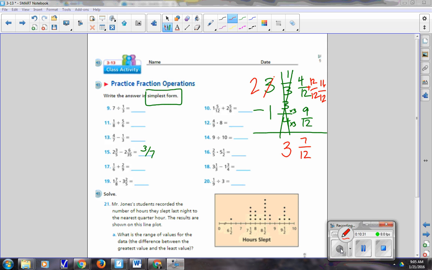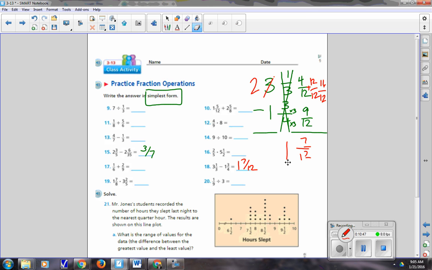But it's not 3, is it, friends? Mrs. Crane cannot subtract very well. Don't let a silly mistake like that be the reason you get it wrong. So what's 2 take away 1? Basic math, Mrs. Crane. Ay, ay, ay. 1, 7 twelfths. Okay, let's look at a division and a multiplication, and then we're going to call it a